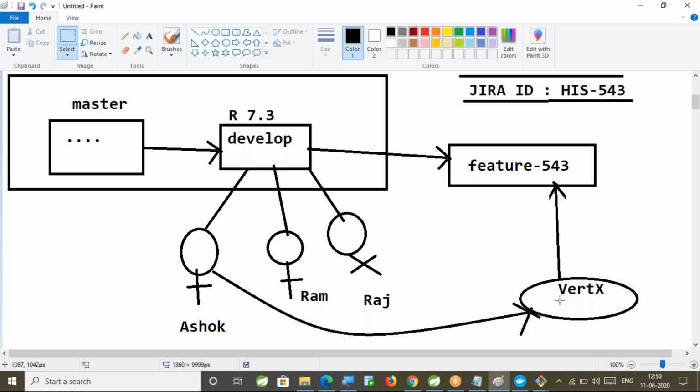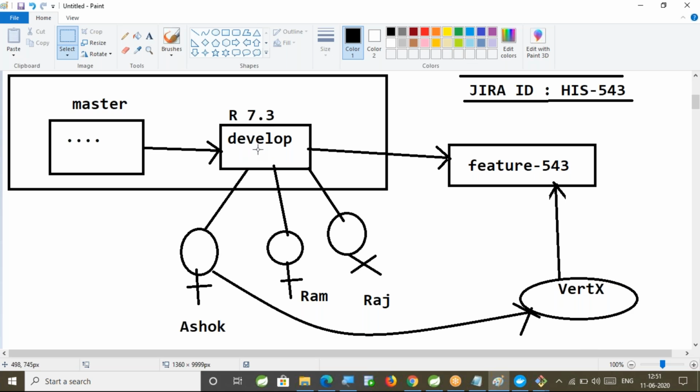Whatever code I write for the Vertex, if I commit it to the develop branch, it may disturb the existing functionality of that project. So that is the reason I don't want to merge it. I want to maintain that code separately because it is a trial and error. Vertex implementation may be successful, may not be successful. I will come to know after 10 days of R&D. Because I am new, I am learning, I am a beginner in the Vertex. I need to learn it, I need to implement it. If it is successful, then happy. If it is a failure, it should not disturb my existing code.